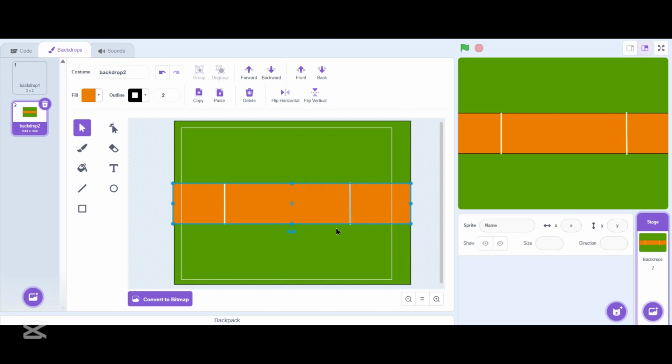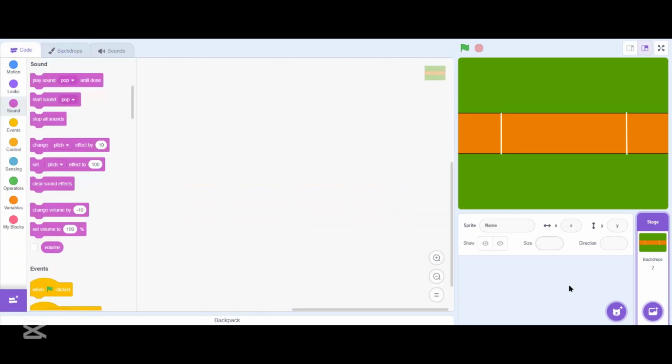Okay, so this is our pitch, and let me just write here the name. The background name is ground, and our ground is ready. Cricket ground is ready,